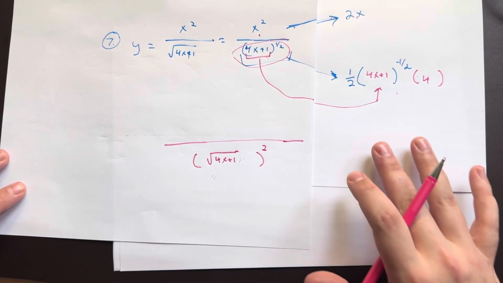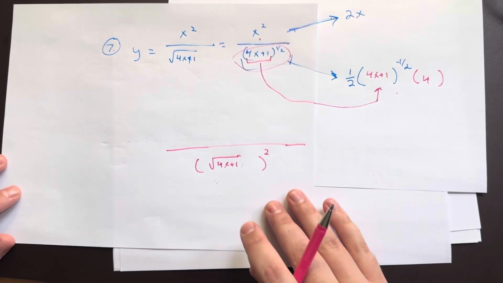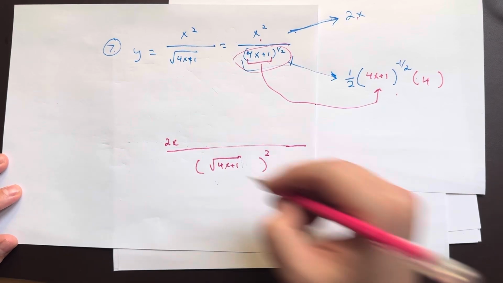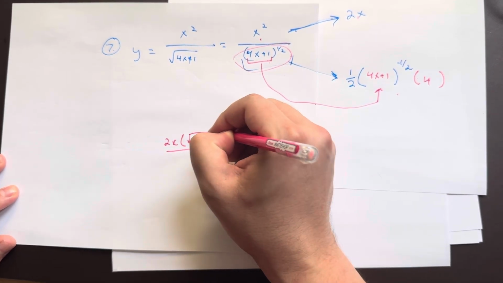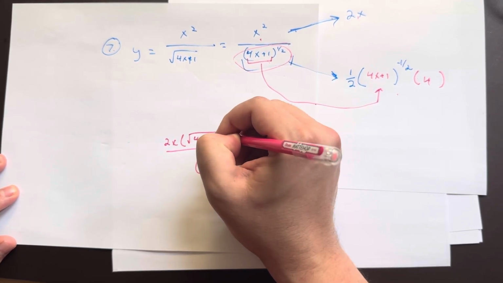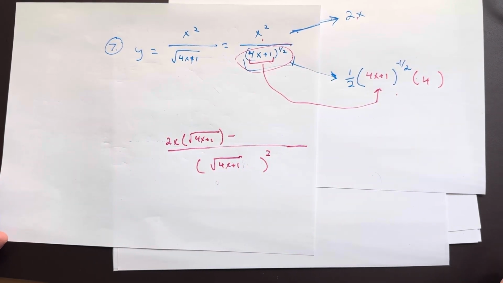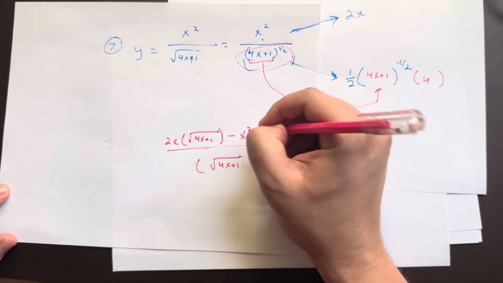Now I do need to be mindful of order. I'm going to take the derivative of the top, which is the 2x, and I'm going to multiply that by my denominator, 4x plus 1. Wrap that in parentheses, because when in doubt, I wrap in parentheses. Now subtract my x squared